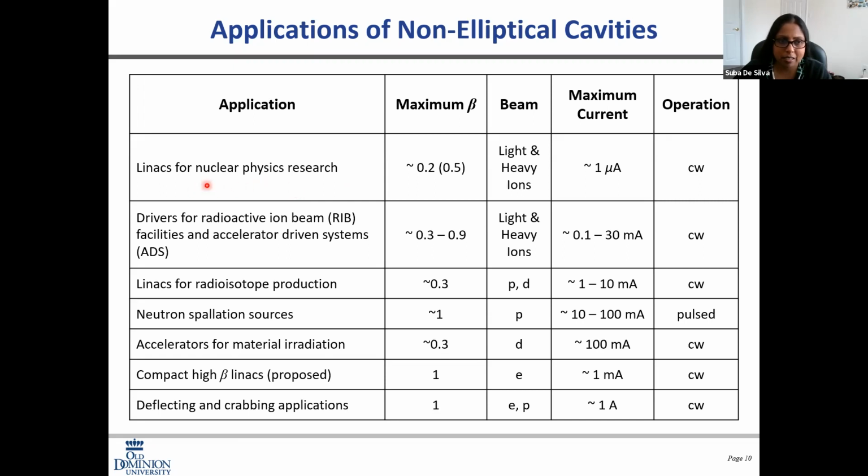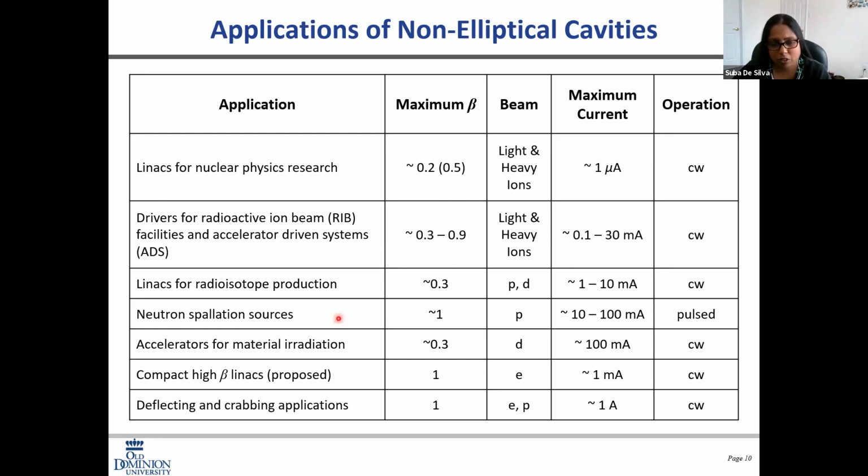One of them is Linacs for nuclear physics research, and this is usually the beta range of 0.2 to 0.5, where you accelerate light and heavy ions, in CW operation for currents around 1 microamp. Then these cavities are also used as the drivers for radioactive ion beams and accelerator driven systems, again with betas around 0.3 to 0.9, and in CW operation. These cavities are also used for radioisotope production,